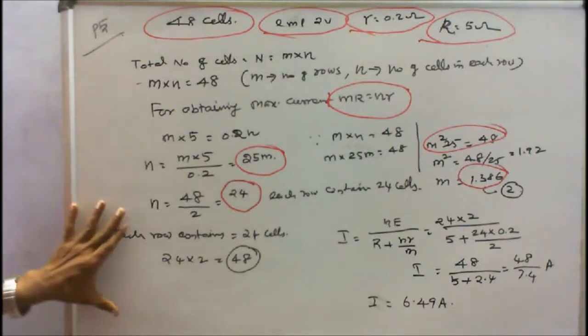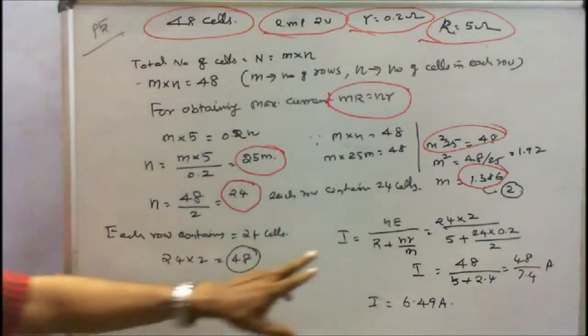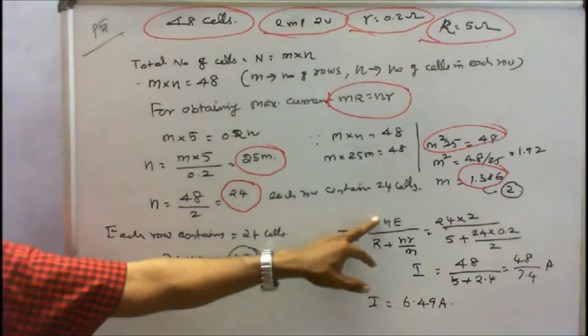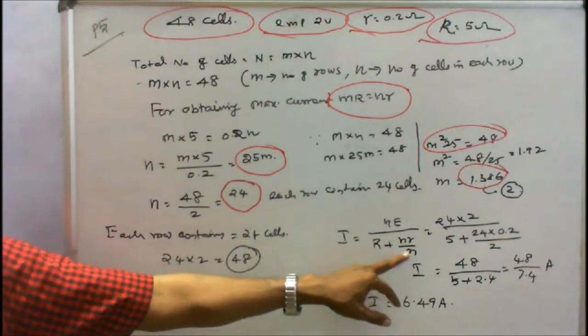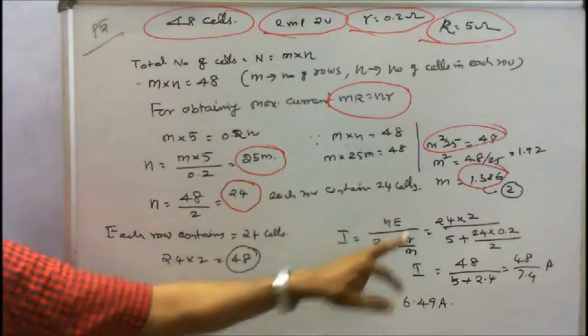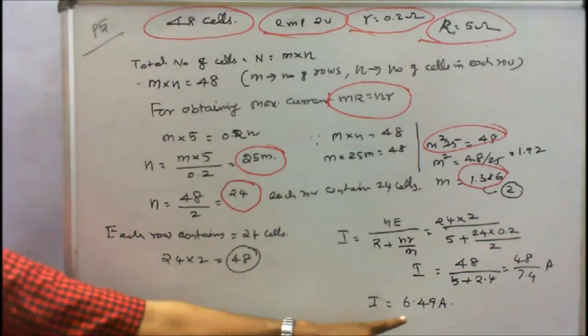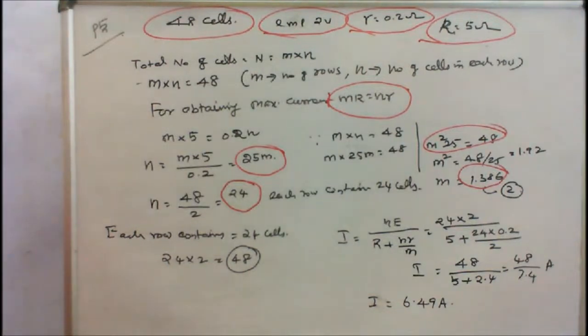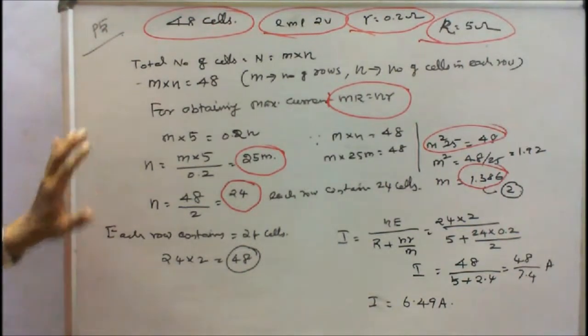Now I have to find the maximum current I. Current through the circuit, I is equal to n into E divided by R plus n into r by m. m is the number of rows, n is the number of cells, E is the EMF of each cell. I simply substitute in the formula, I will find I is equal to 6.49 amps. So if the 48 cells are arranged in 2 rows, each row containing 24 cells, it gives a maximum current of